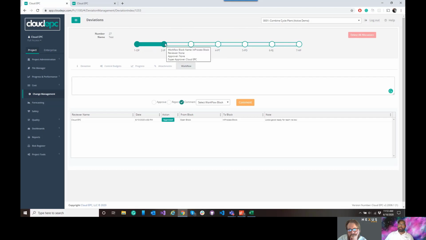You can see here we have three types. I'm currently configured as a super approver, which means I can move in a nonlinear fashion, or we have approvers, and then we just have reviewers. Maybe the engineering manager is a reviewer, and then each engineering lead would be the approver. The engineering manager can come in and leave comments on this, but the actual approvers would be each engineering lead, who come in and approve it. For the sake of demo purposes, let's just put this in